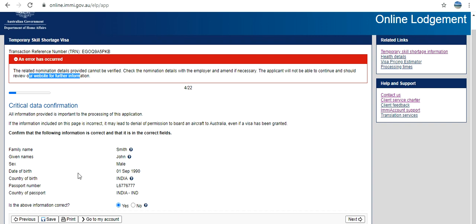So you can go ahead and keep providing your details. I have shown you in other applications how you provide the details. They may ask you for the details of the nomination, the intended occupation and everything else, and at the end they may ask you to upload the documents and then pay the fee. So you can go through all that and then you can apply. Basically this video gives you some idea.